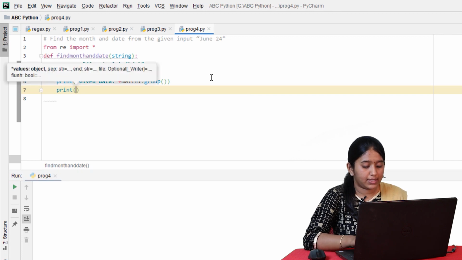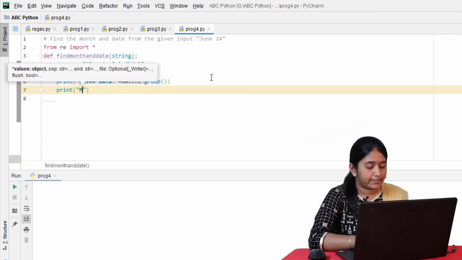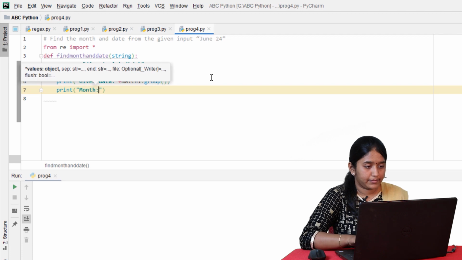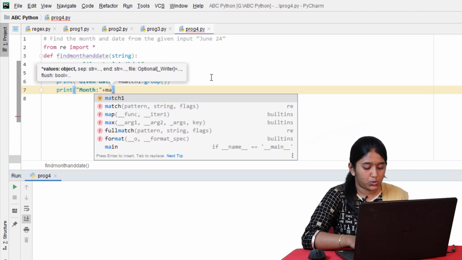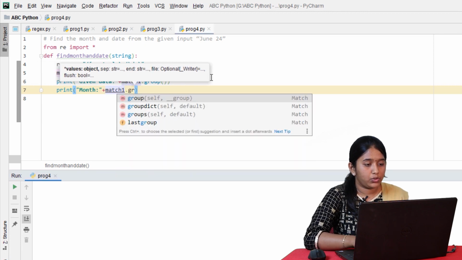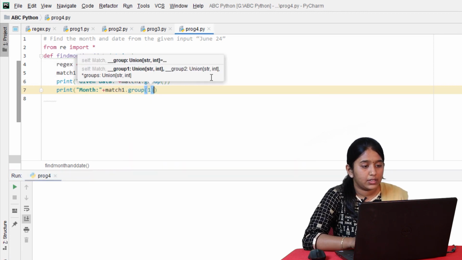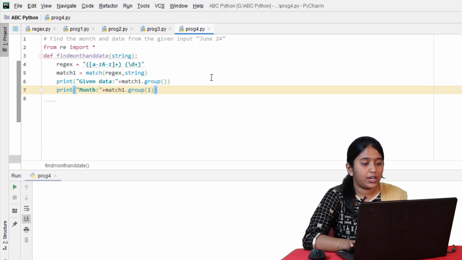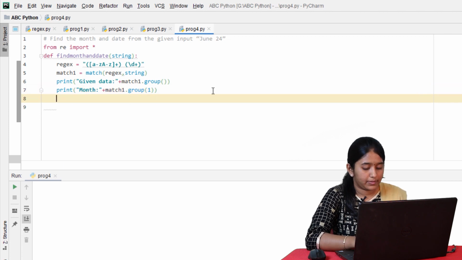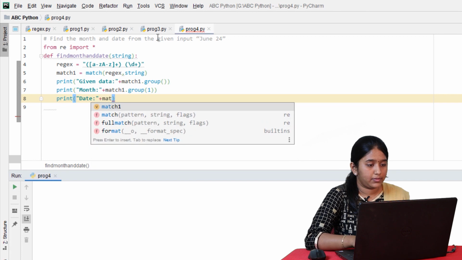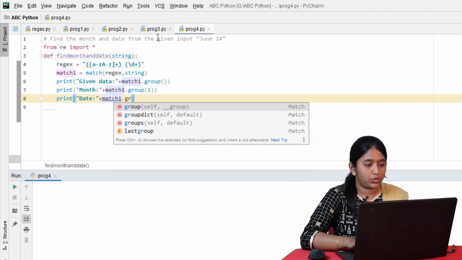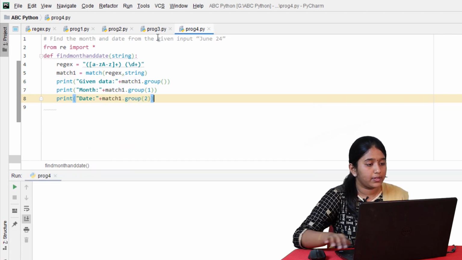Now let's try to print the month. Match1 dot group of 1. So this would print the first word, that is the month. And now in the same way, let's print the date. Match1 dot group of 2.